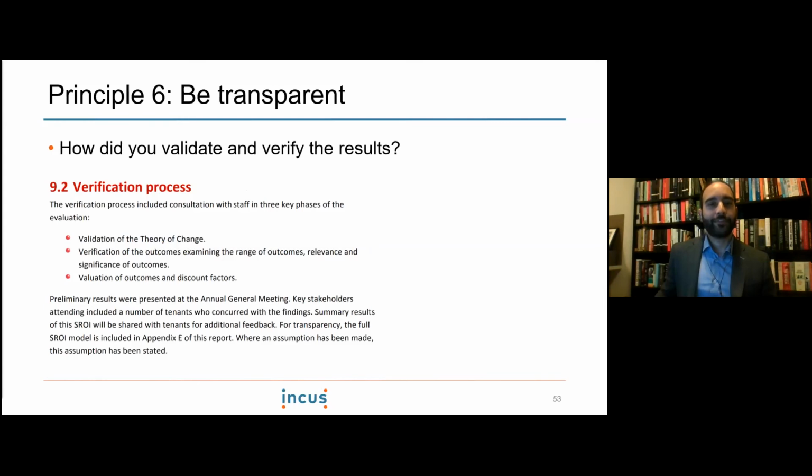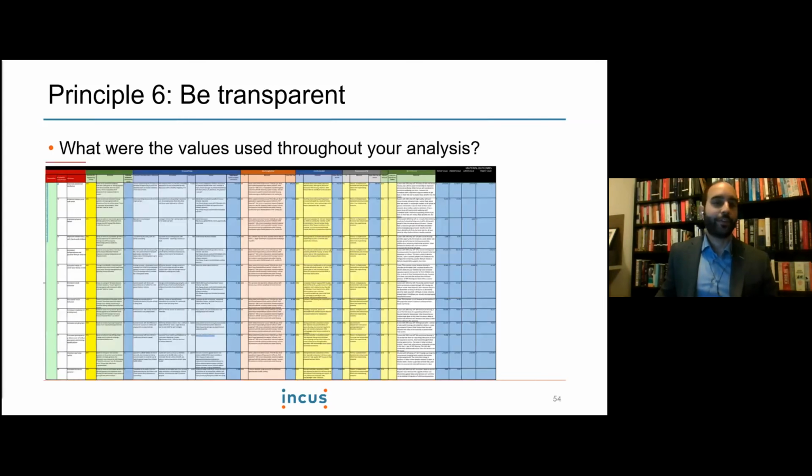And then, of course, if you've got evaluation there and you have a model that you put together, you'll want to show that model. And again, this is taken from the back of a report. I don't expect you to read that all, but this is every single value for every single outcome for every single stakeholder was included as an appendix, so someone can go back and check how those figures came to it. So it's not just some black box that people pulled out the value from.